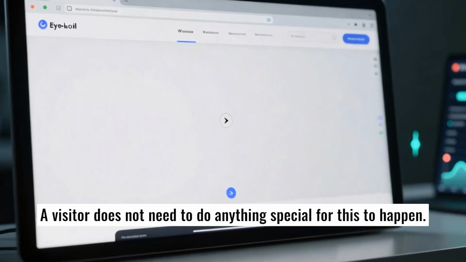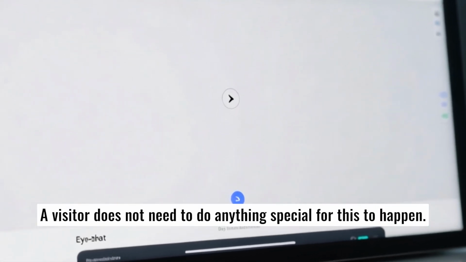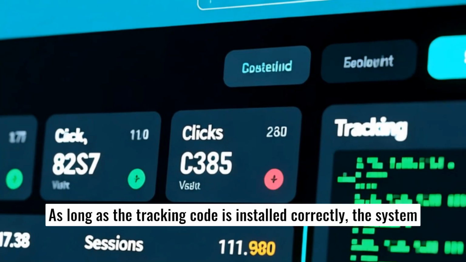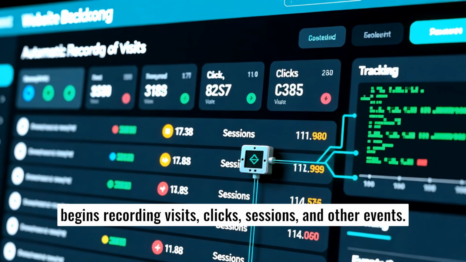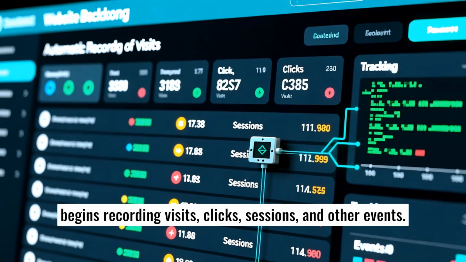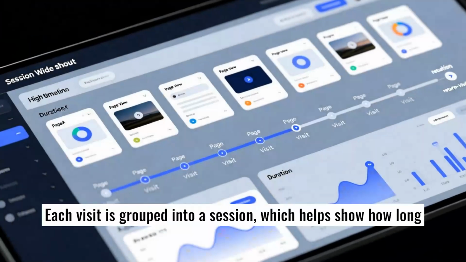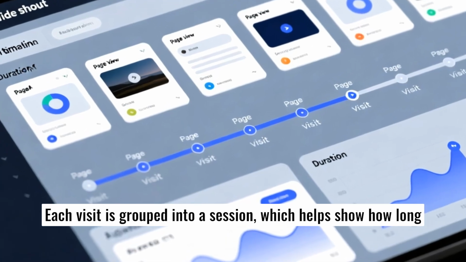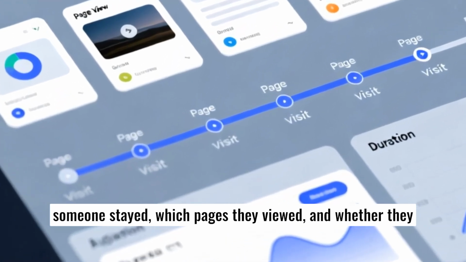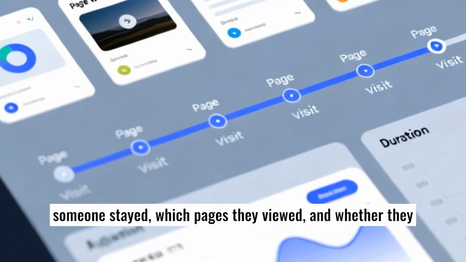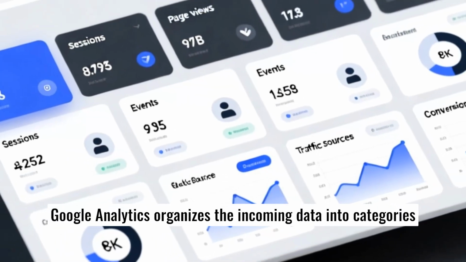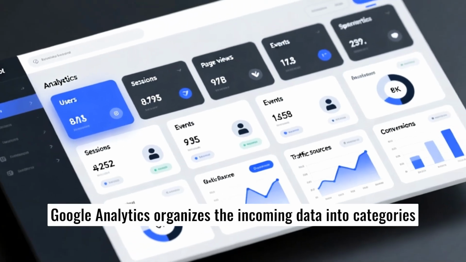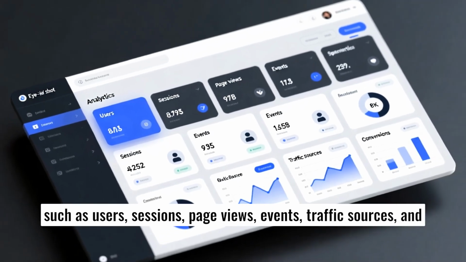A visitor does not need to do anything special for this to happen. As long as the tracking code is installed correctly, the system begins recording visits, clicks, sessions, and other events. Each visit is grouped into a session, which helps show how long someone stayed, which pages they viewed, and whether they return later. Google Analytics organizes the incoming data into categories such as users, sessions, page views, events, traffic sources,